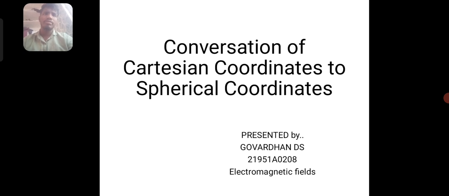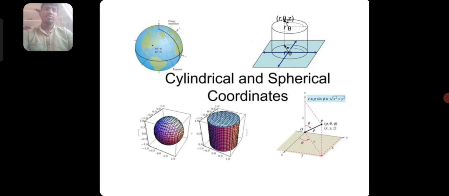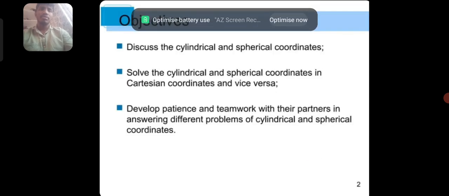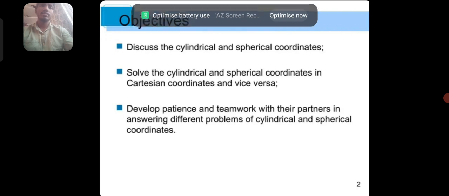My topic is about conversion of Cartesian coordinates to spherical coordinates in electromagnetic fields. First of all, cylindrical and spherical coordinates. These are the block diagrams of cylindrical and spherical coordinates. And next objectives: discuss the cylindrical and spherical coordinates,